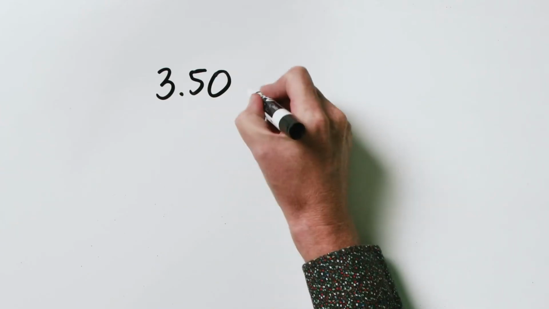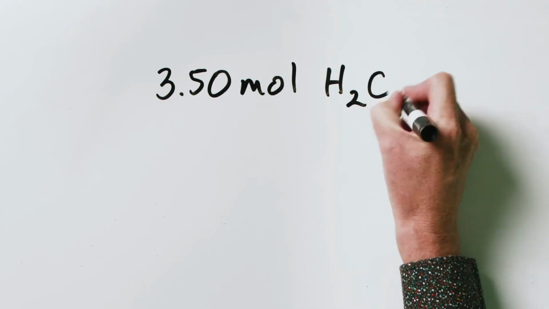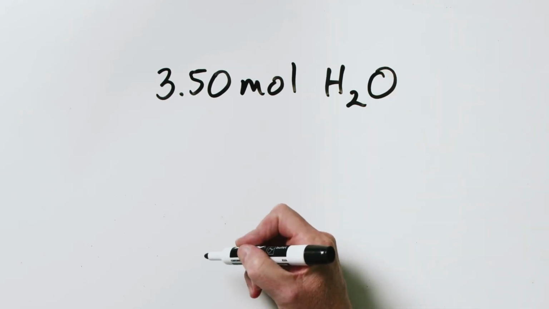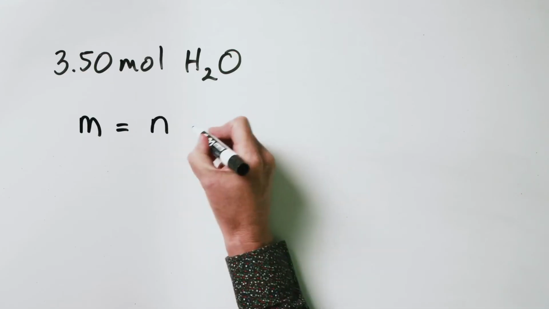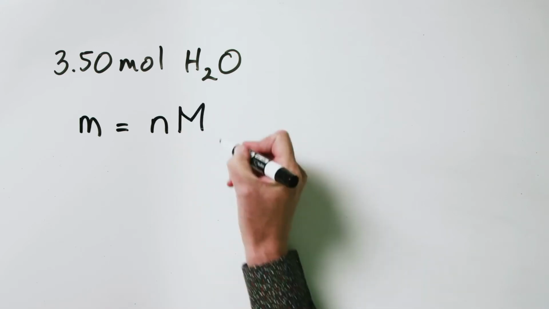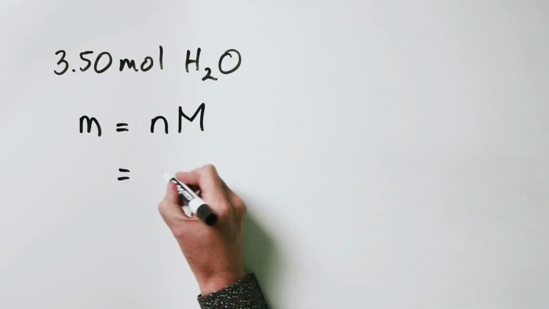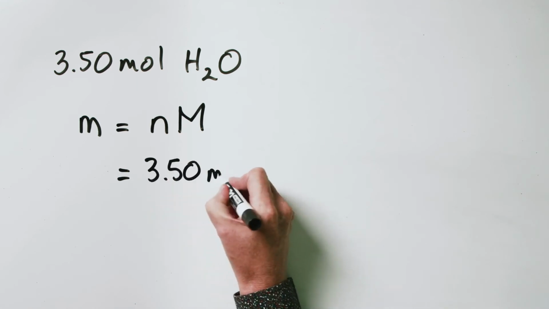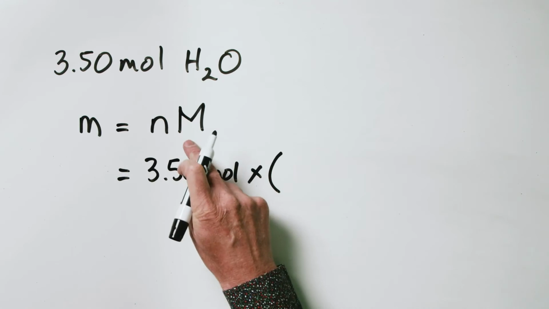Right, so let's expand a little bit further on this whole concept of the relationship between number of moles and mass and molar mass. Let's say that we have got 3.50 mole of water. What mass does that then correspond to? So we go back to our trusty equation and we say that the mass is equal to the number of moles, or the amount, multiplied by the molar mass, big M. So the amount that we have is 3.50 mole, and we're going to multiply that by the molar mass of